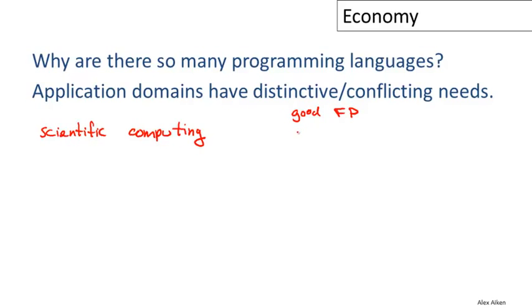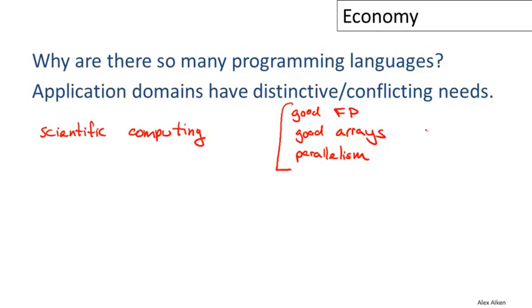You need good support for arrays and operations on arrays, because the most common data type in most scientific applications is large arrays of floating point numbers, and you also need parallelism. Today to get sufficient performance, you really have to exploit parallelism in these applications. And not every language actually supports all of these things well. And this is actually not an exhaustive list of the things you need, but it's a few distinctive things that